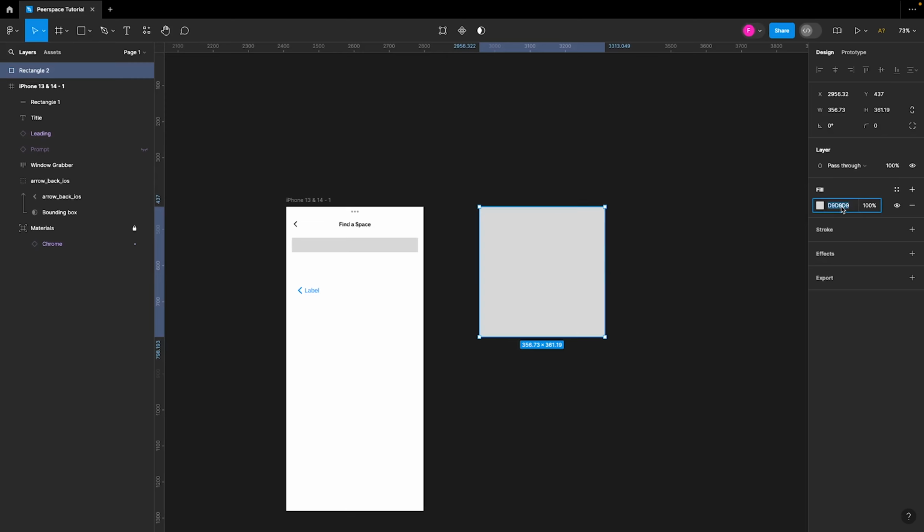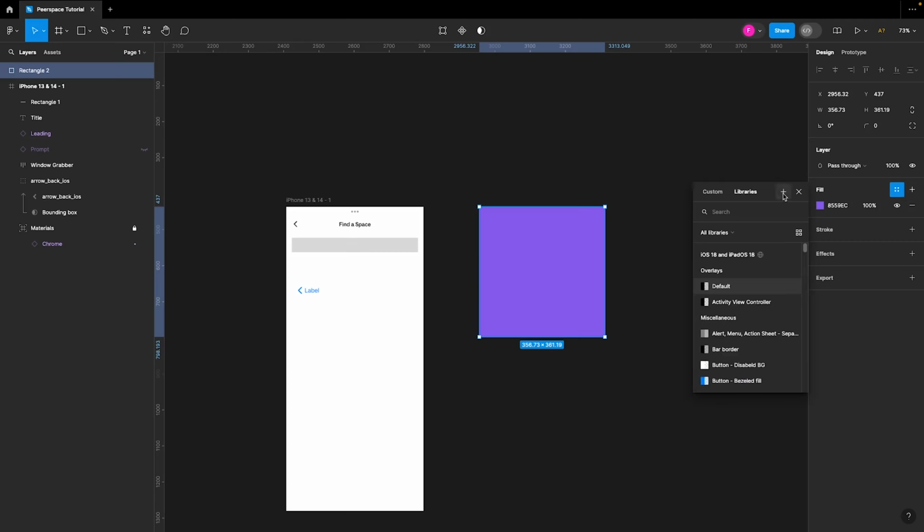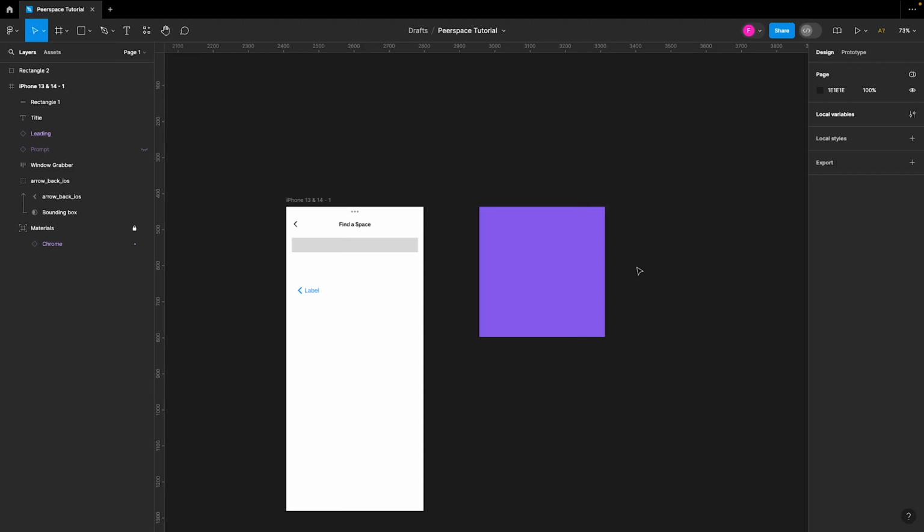And I'll enter the values for the purple that Pair Space uses, and that is 855 EC. And then I'll just click on the four dots here, and then I say new style, say Pair Space / purple. And then the next thing would be